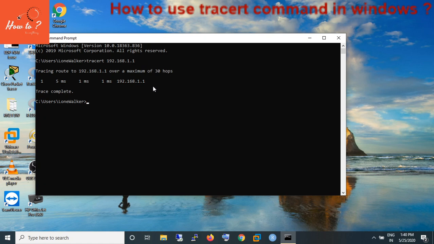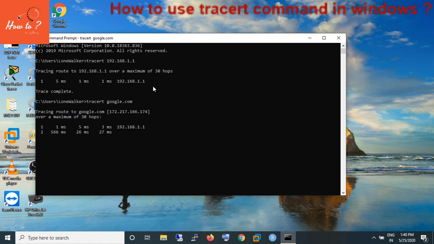This will be clearly visible when we do the next example. Now here I'm going to trace route to google.com. Now you'll get to know how this actually works.